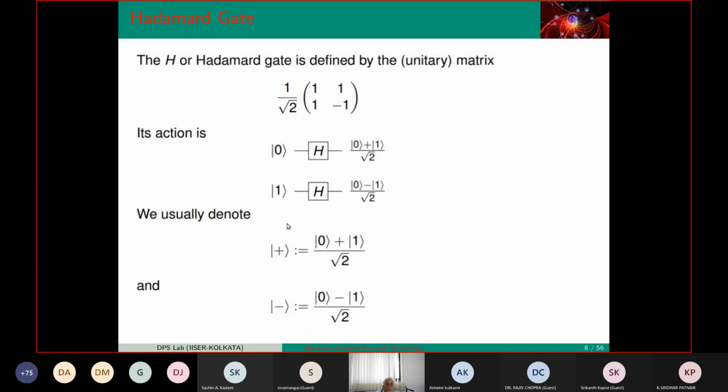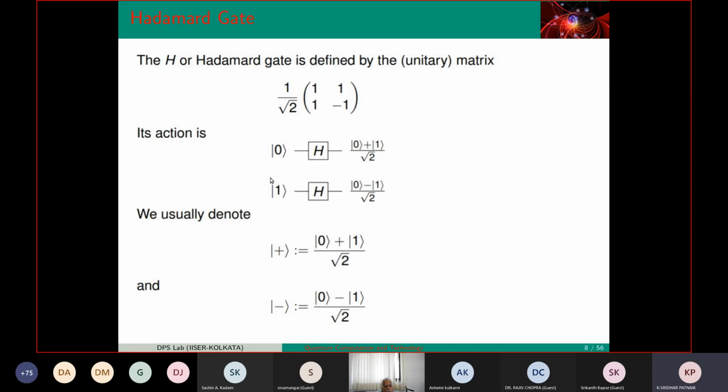So since they are unit vectors, any arbitrary vector you can expand in terms of them. That's what I showed you. Any arbitrary vector psi is alpha 0 plus beta 1. Psi is an unknown state if alpha and beta you do not know. That is actually useful because you will find the first application of a quantum computer is that you can actually teleport. In the Star Trek movies we have heard that human beings are teleported from one planet to the other. Here, the same kind of thing you can do. You can teleport an unknown state. The state is completely unknown, and you can actually teleport.